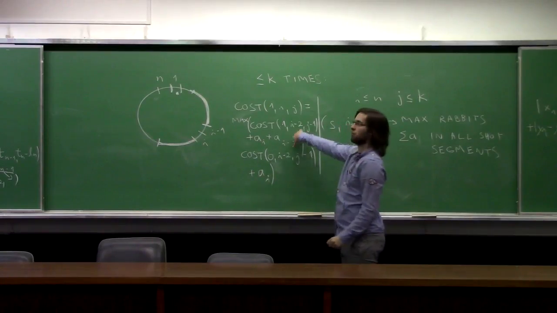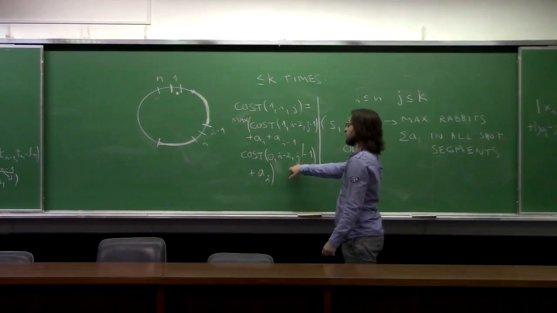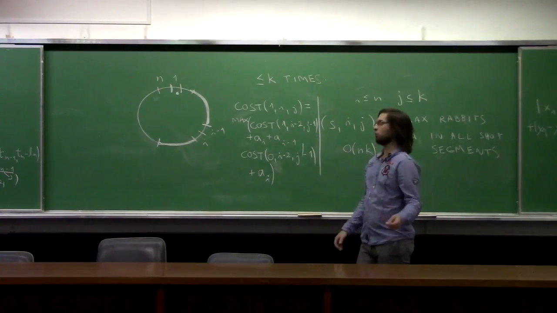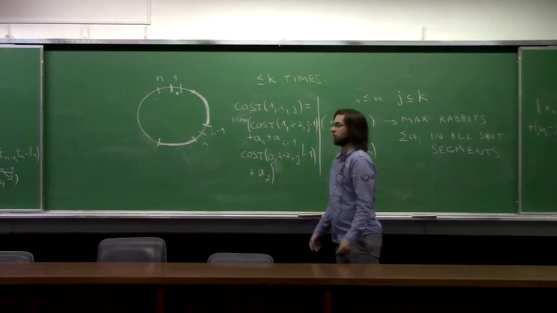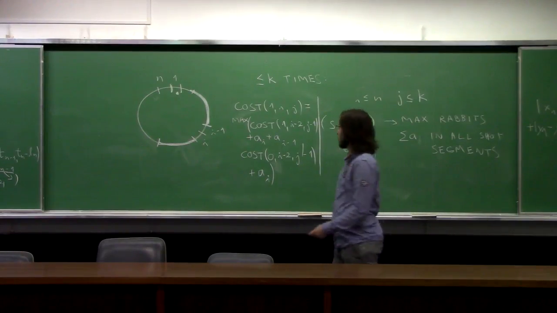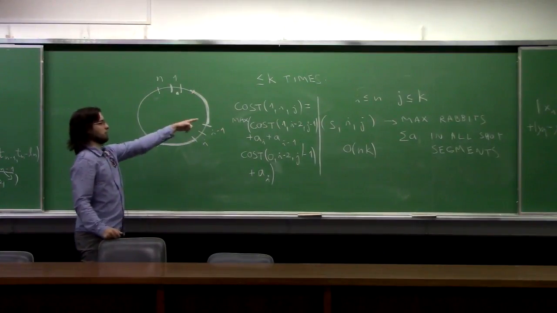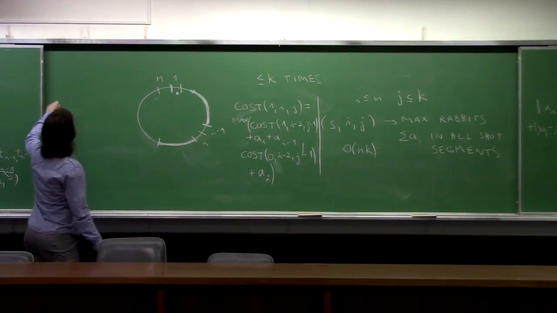The option where place i minus 2 is short, and the place where i minus 2 isn't short. The difference is just that when i minus 2 and i are both short, then also rabbits from i minus 1 are short. This is the formula for cost if place i is short, and if place i isn't short,